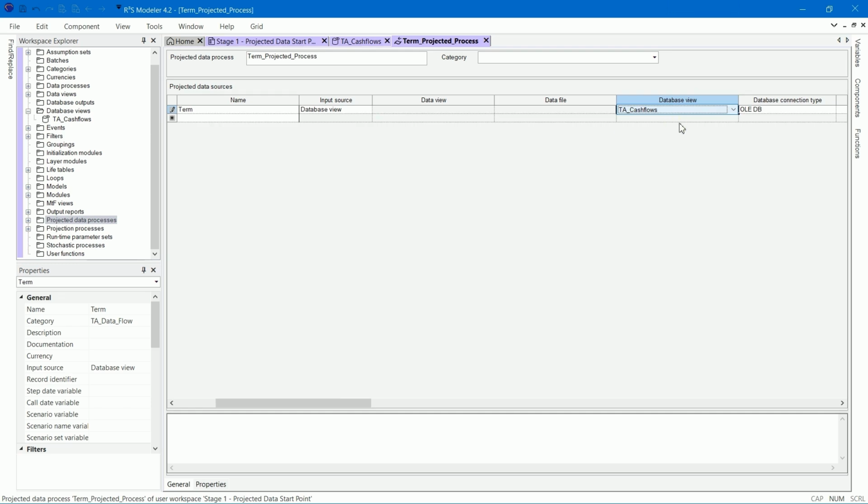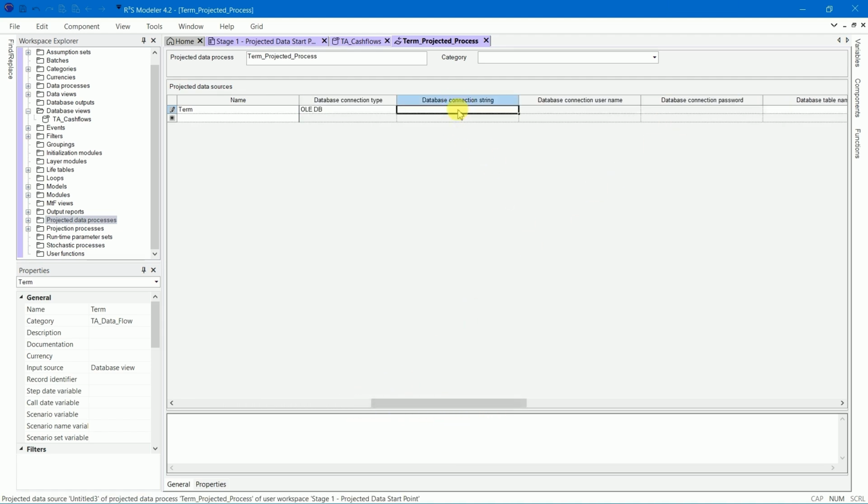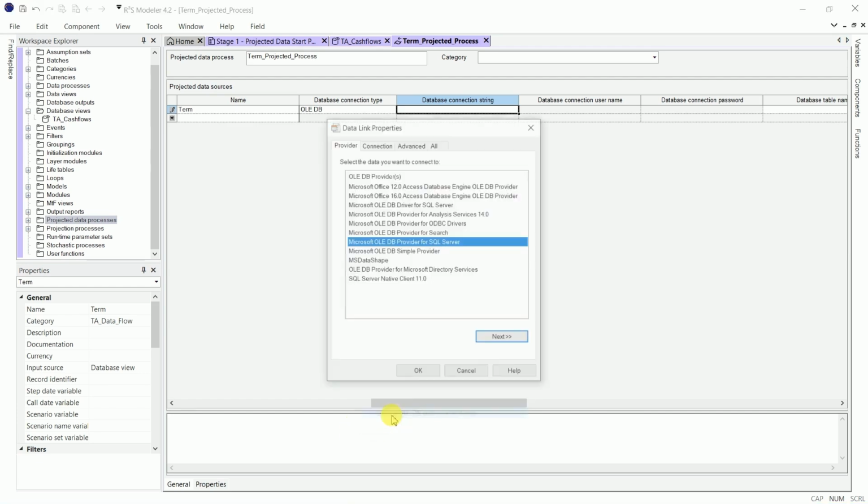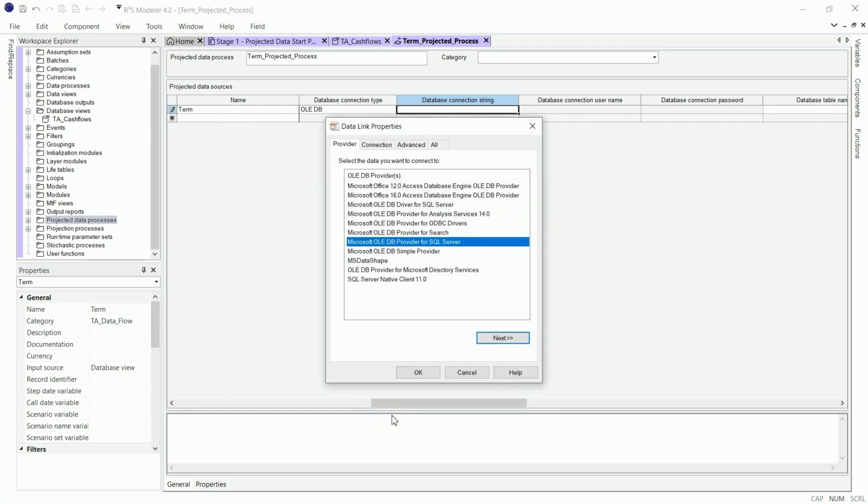For the database connection string, we will connect to the TA cash flows spreadsheet using Locate Database Connection String. Similar to how we completed the database view, in the formula window, right-click and select Locate OLEDB Connection String. Select ODBC drivers.